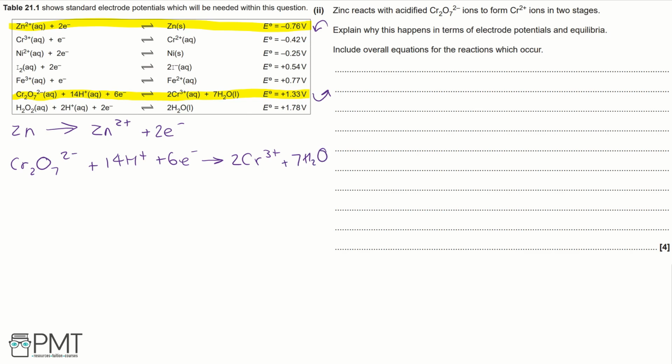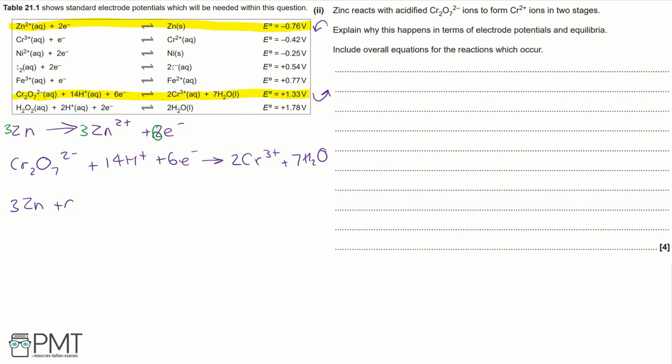So we can create an overall equation for this stage by scaling our electrons. That means we need to multiply the zinc equation by 3 in order to create 6 electrons. So writing the overall equation, we would have